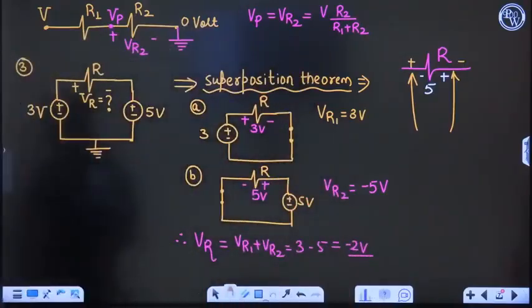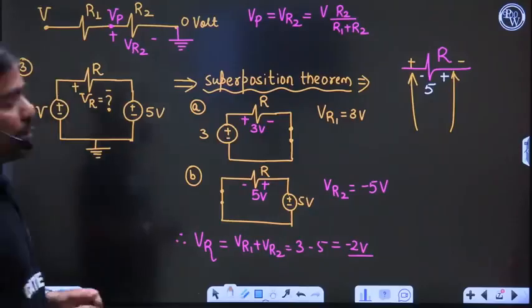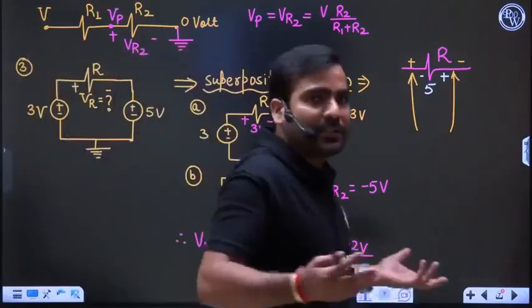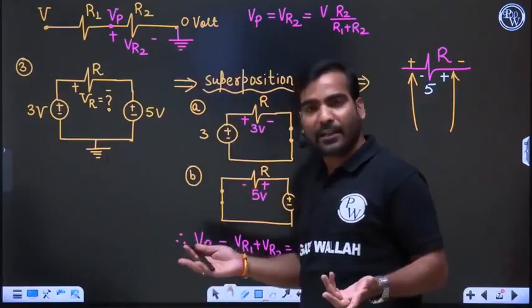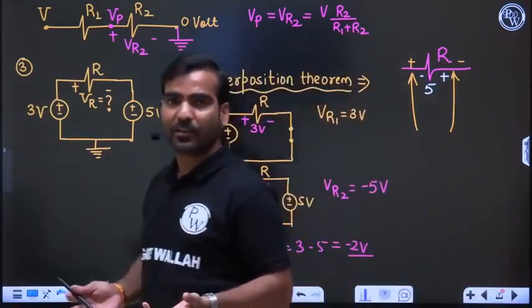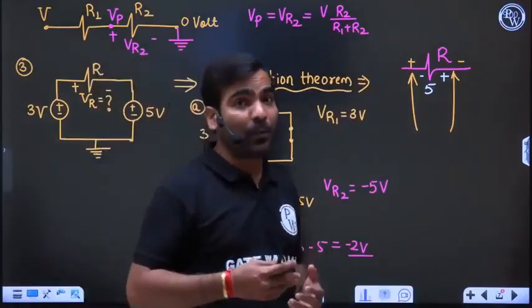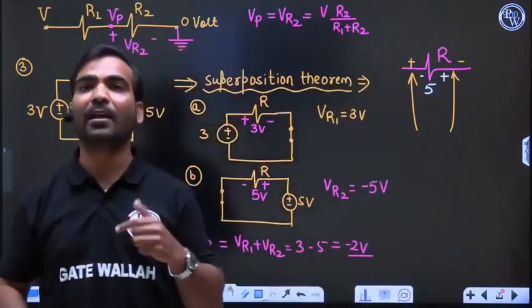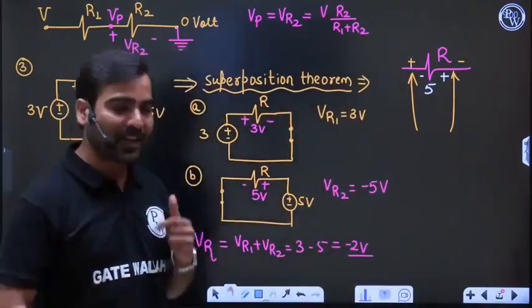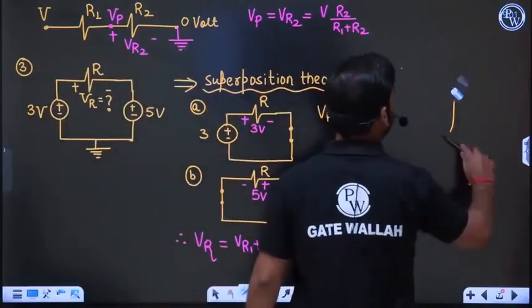But a student is asking, Pawan Sai Bignesh, superposition theorem is applicable for linear elements, but diode is non-linear. But I am not studying diode right now. We are not having any diode in the circuit. So let me complete first. If I am discussing diode and I am saying we are applying the superposition, you have to stop me. Sir, why are we applying the superposition? Then your question will be perfect. Right now your question timing is wrong.